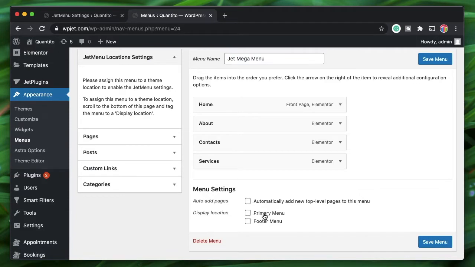I think I have Astra on this site, so it has two locations to display my menu. Primary menu, which appears in the header. Now it has nothing to do with the code, just that to make this whole Jet Mega menu work, you just need to pick the location for it and click on save settings.